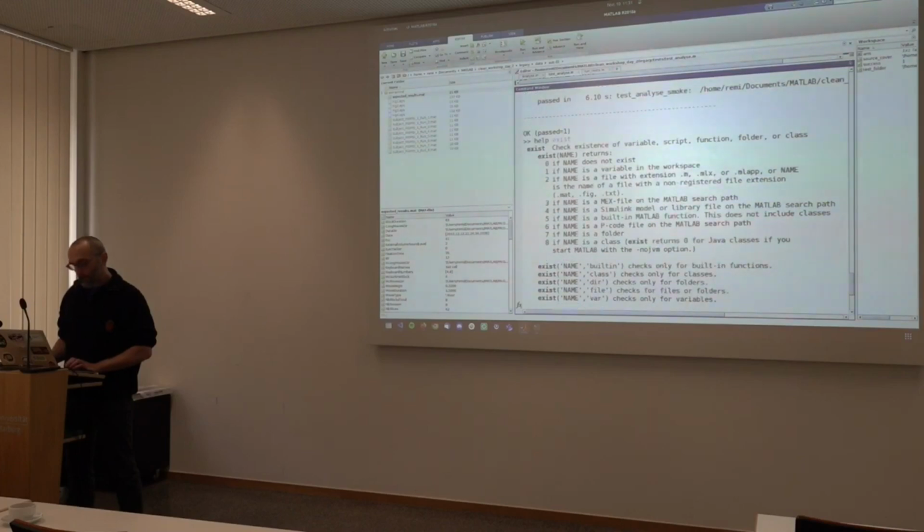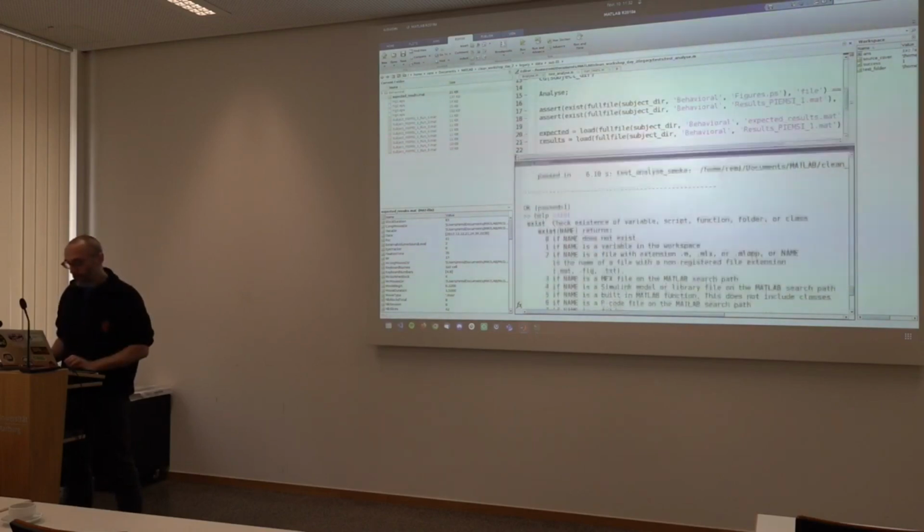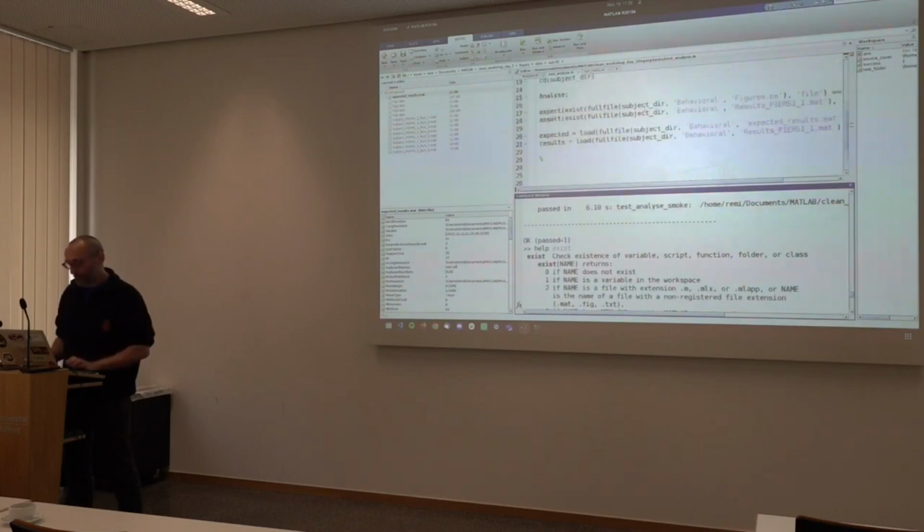Exist will return one of those values depending on what you've given it. 1 if it's a variable that exists in the workspace. 2 if it's a file with one of those extensions, and so on. 7 if it's a folder, and so on. So it's a very generic function to ask, hey, is there anything that MATLAB knows about that has this name? So 2 is just that we know that it's the file that we're looking for, and that's why we check that this value equals 2.